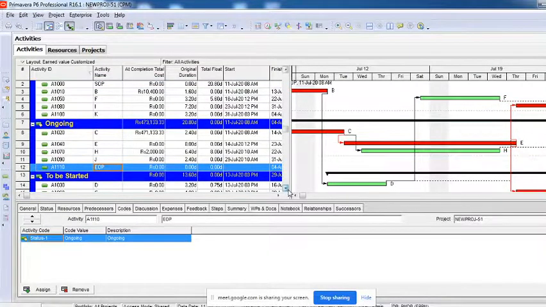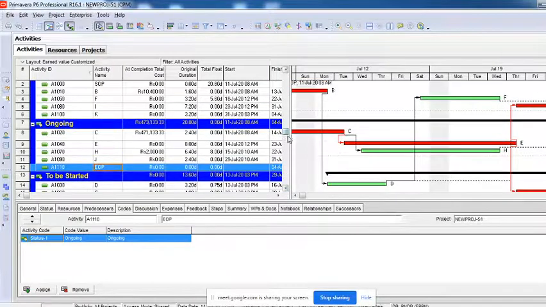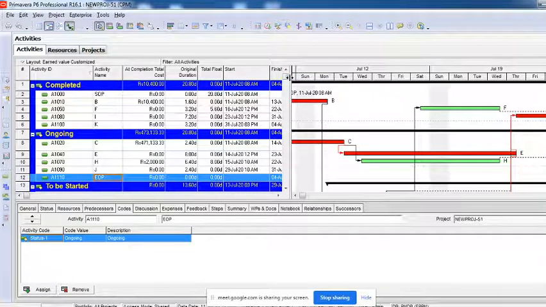This is just randomly done, without considering whether it's really completed, not completed, or ongoing. I just randomly selected and did it. It's not true at this point, but usually we do it to understand how many activities are completed and how many are ongoing, so that we can summarize it and see this is the number summarized here.